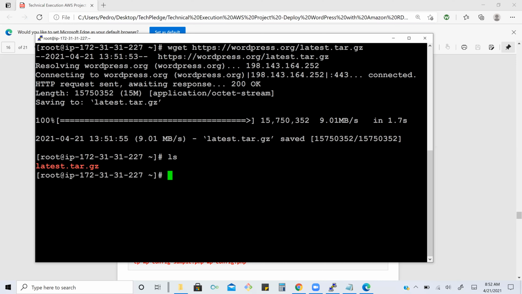Wow, so huge a file has come, right? Scroll down. Now this is a WordPress configuration file. Scroll down.